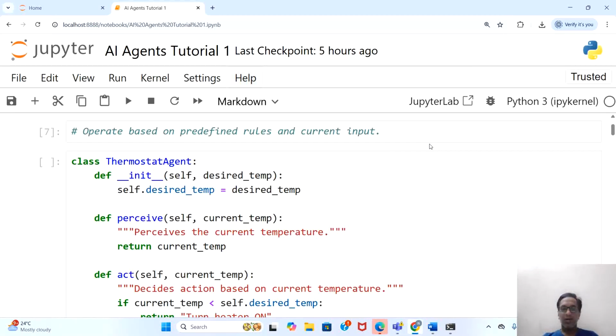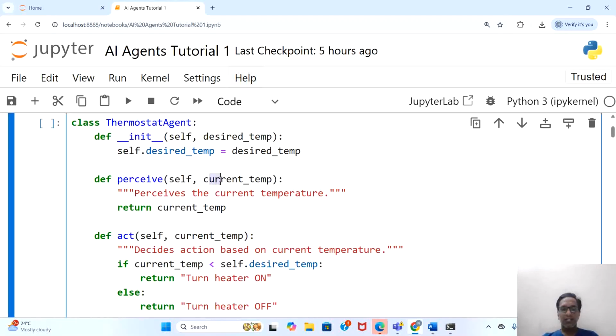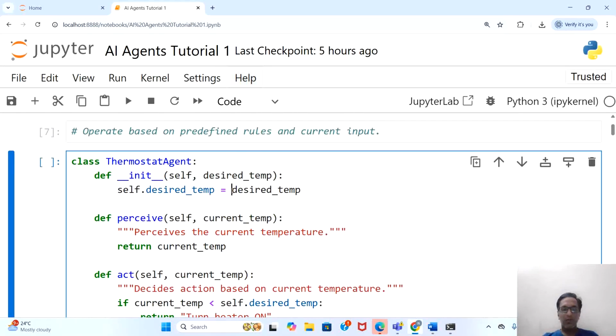It just works upon the basic principles. Let us say we have a thermostat AI agent which takes the current temperature as an input. It has been set to have a desired temperature,